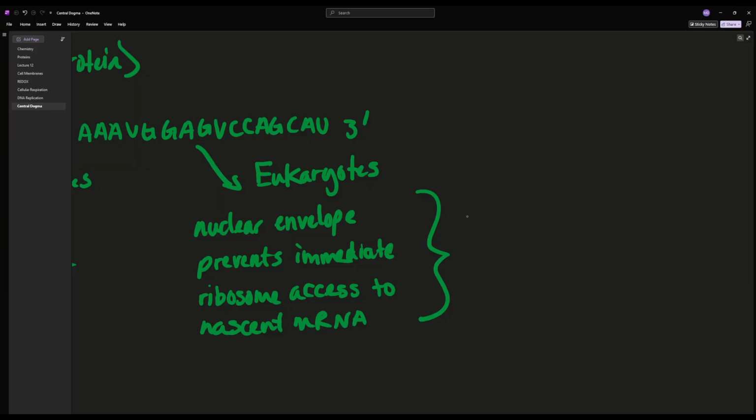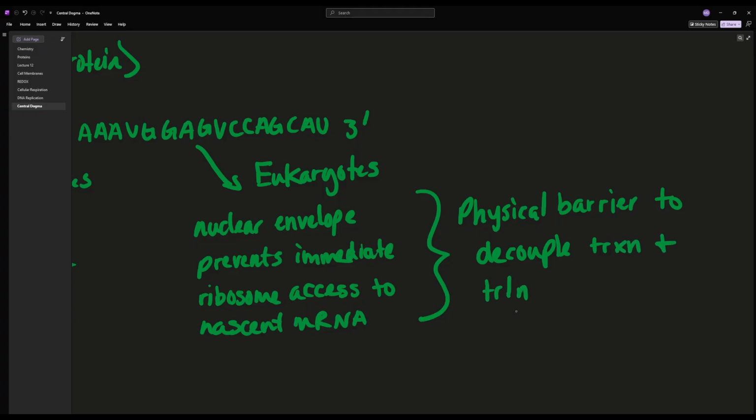a, what's it called? Like a physical barrier to decouple or separate transcription and translation. So they no longer occur simultaneously, and therefore we now have time to start to mess with